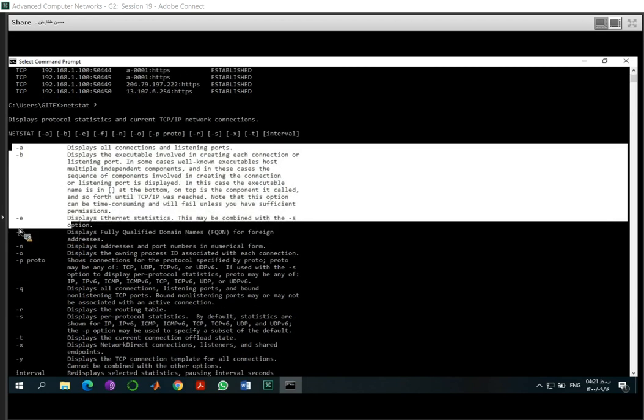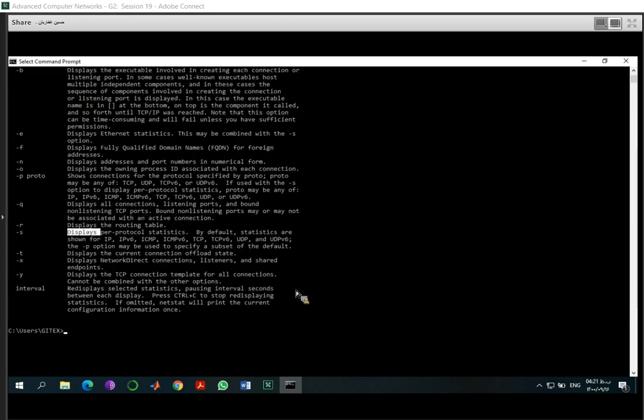For example, in part of your project, I ask you to show the routing table in your computer. Okay, if I use switch -r, I can do this. Example here, netstat space -r, enter. This is the routing table of my computer.